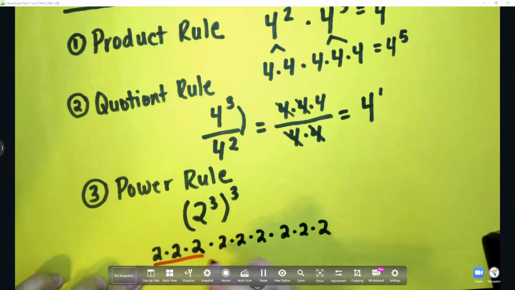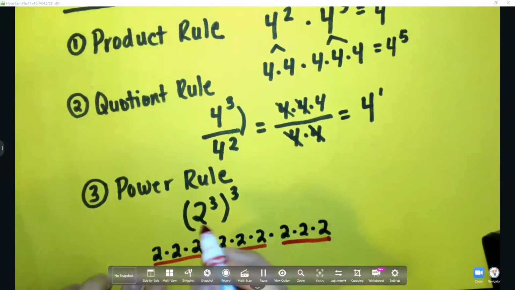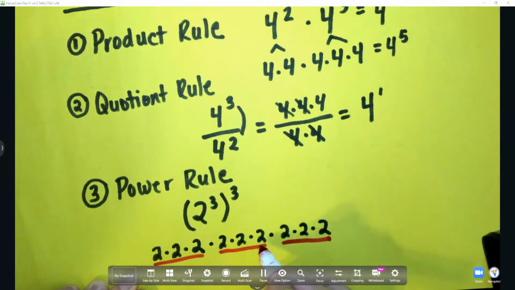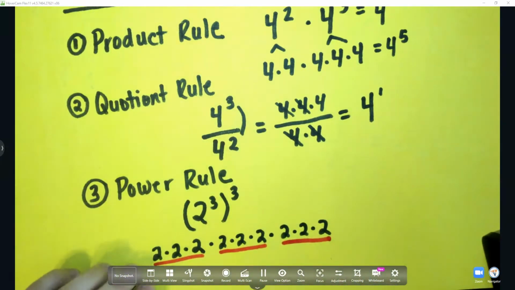So here's 1, here's 2, here's 3. So 2 to the third once, 2 to the third twice, 2 to the third a third time. So altogether I have 1, 2, 3, 4, 5, 6, 7, 8, 9 twos, which makes sense because the power